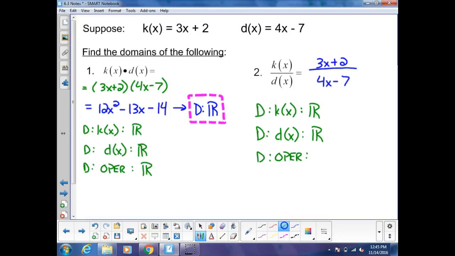No, x can equal 0. So I do a little sidebar action. 4x minus 7 cannot be 0. 4x cannot be 7. X cannot be 7/4. So my domain here would be all real numbers, but x cannot be 7/4. So the domain of my function then is